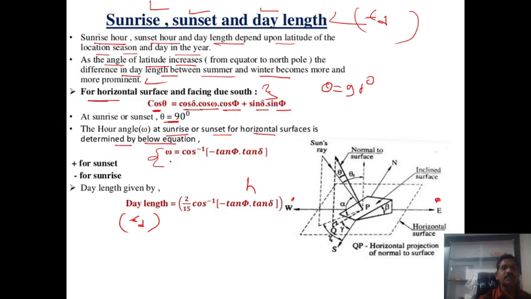You should know this standard equation. Omega is equal to, by using these equations, by adjustment in that equation we can determine this formula. तो ओमेगा इज इक्वल टू cos inverse minus tan phi tan delta. Yes or no? Yes. So we are getting these angles during which situation, in that situation. So omega is positive for sunset and negative for sunrise. So when positive then sunset and for sunrise the omega becomes negative. So day length is given by, what is the equation for day length? It is 2 by 15 cos inverse minus tan phi tan delta.